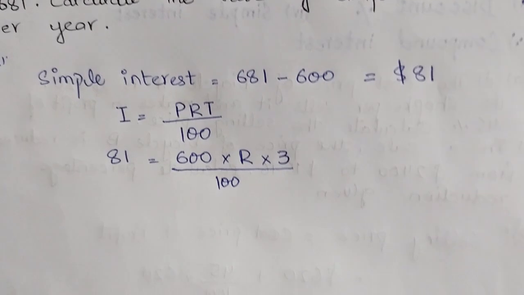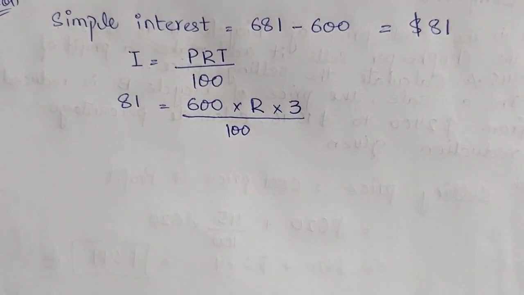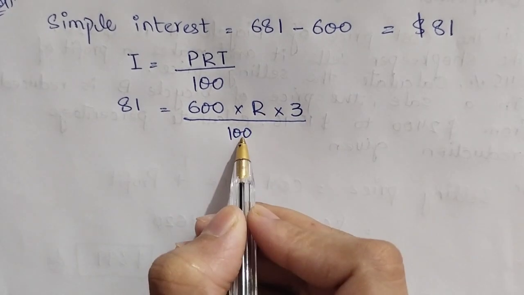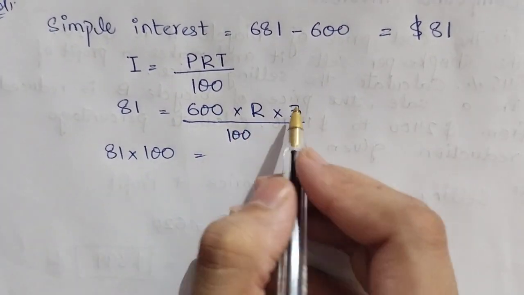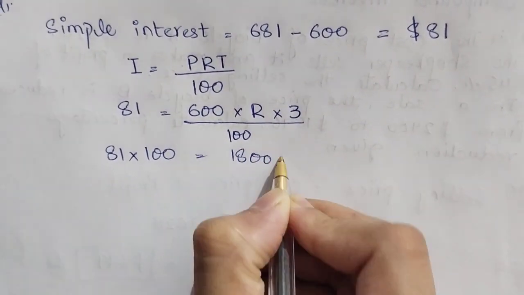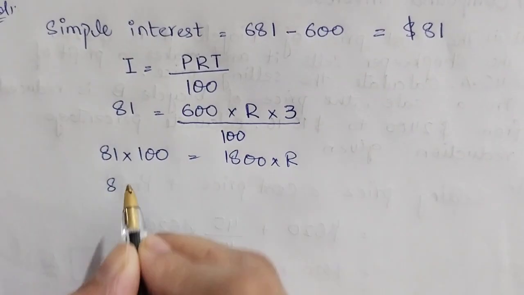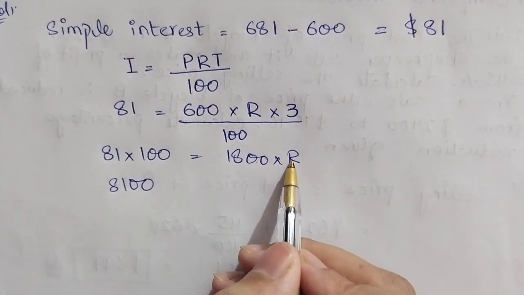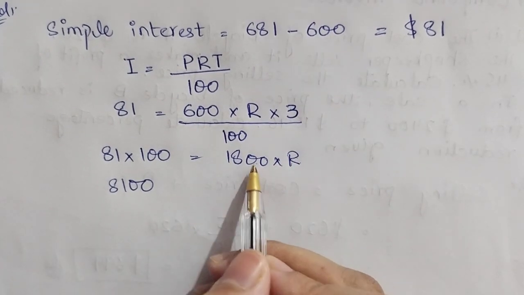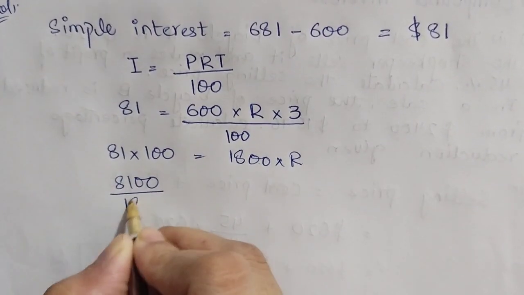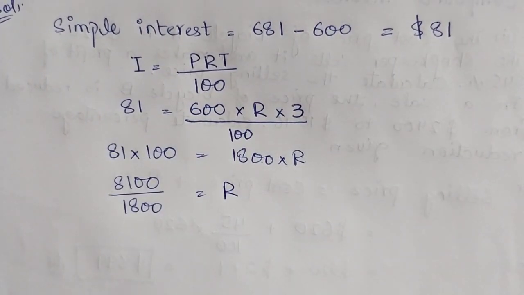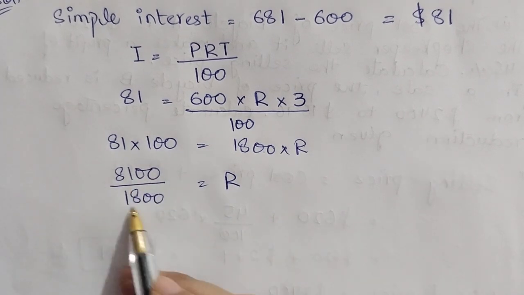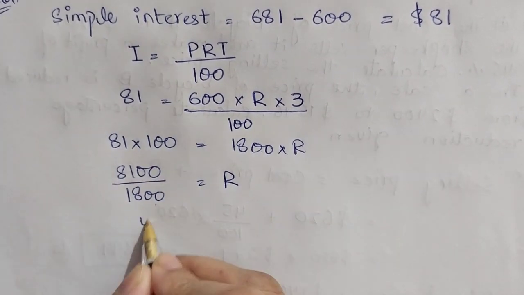So what we have to do, I just simply put the values in the formula. Now you have to do the simplification to find the value of R. 100 is dividing here. When it goes there, it will be multiplied by 81, and here it remains 3 into 6, 1800 into R. 81 multiplied by 100 becomes 8100, and 1800 is multiplying by R. We have to find R. When it goes to the other side, it will be divided: 8100 divided by 1800 is equal to R, and we'll get the answer 4.5